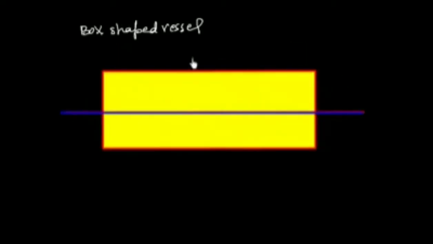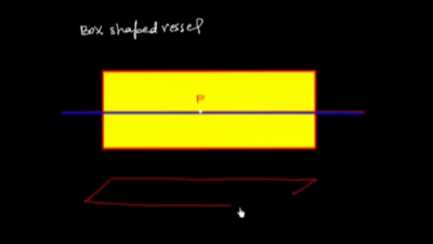Well, so we conclude that the trimming is from this point, which, let me use this color, is this F. This is nothing but the geometrical center of this water plane area. So this is the water plane area and this is the geometrical center. Suppose the length of this box-shaped vessel was L, so this distance is going to be L by 2, half the length.